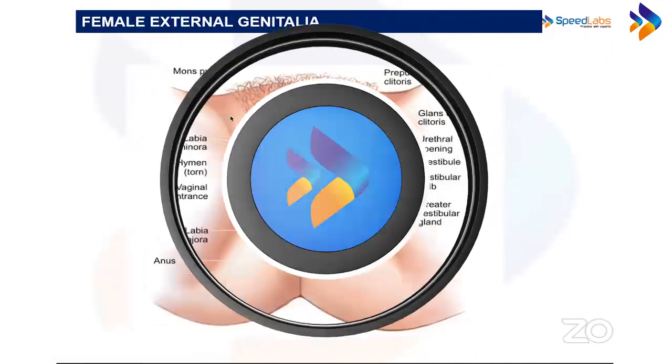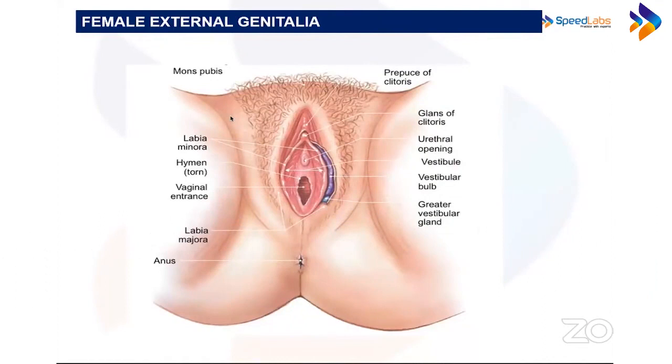This is the diagram of the female external genitalia, and you have the vulva. The vulva, also called the pudendum, is the external genitalia, and there are various components of the vulva. I'm going to tell you everything. So first, list the parts. There is the mons pubis, there is